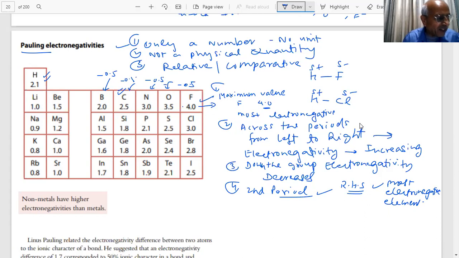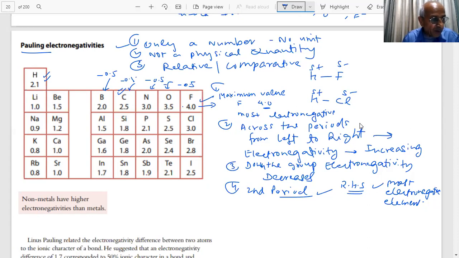That is why when I say CH4 has no charge, because the electronegativity difference between them is very, very small, student. Atoms with similar electronegativities will form covalent bonds, and atoms which widely differ in electronegativity will form ionic bonds. Important point. We can say that if an element is highly electronegative, then it has so much tendency to pull the electrons that the bond could become ionic, student, and that is what happened.